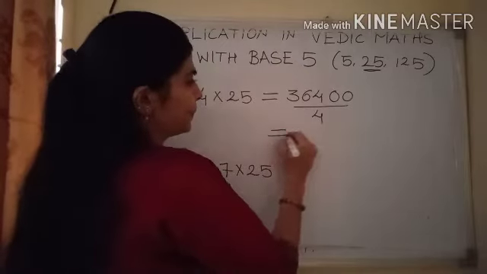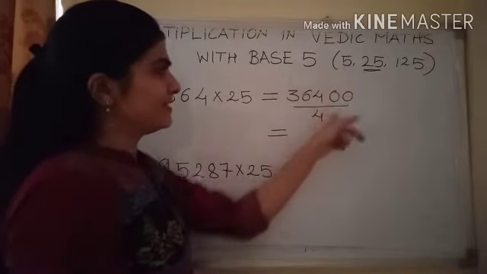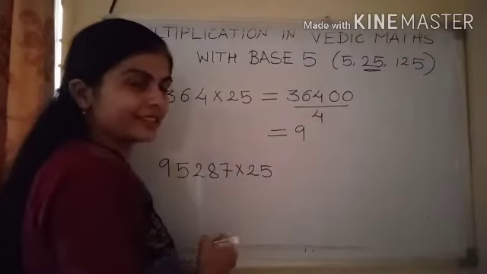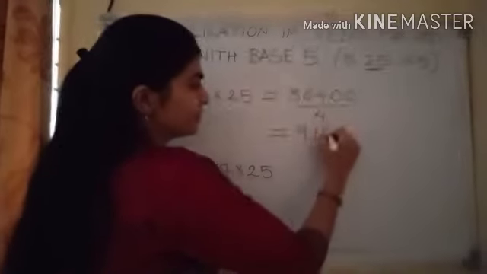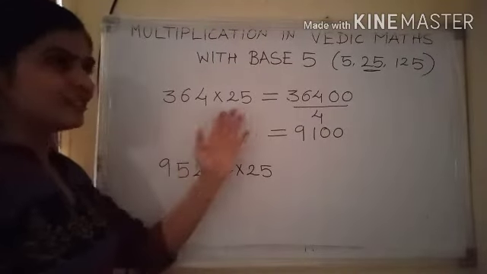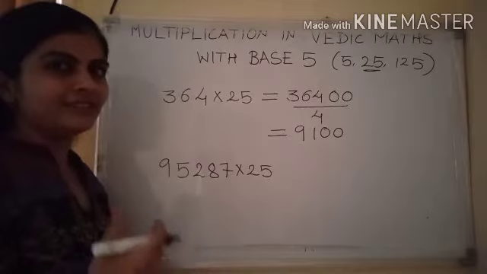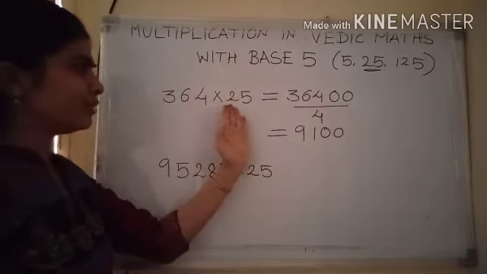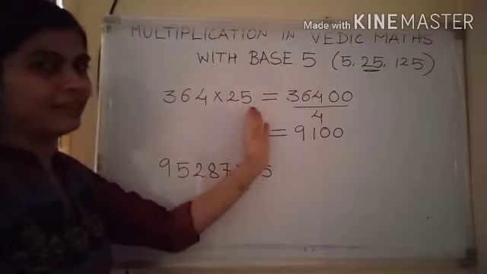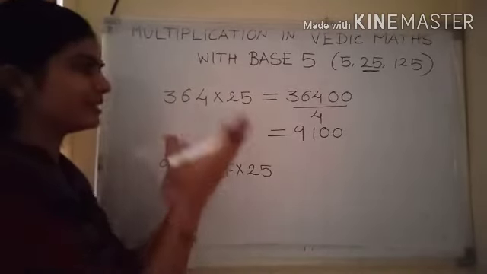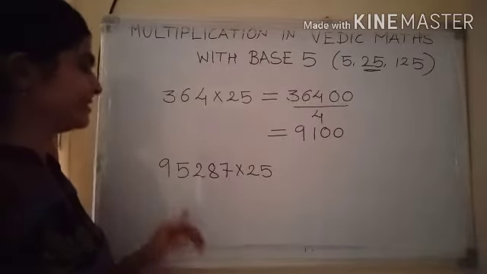Okay. Now divide this number by 4. 4 9s are 36. 4 1s are 4. Thus 2 0 as it is. Is it not simple? In traditional mathematics, what you will do, you will multiply it with 2, then multiply it with 5, and then do addition, right? Instead of that, this method is quite simpler and easier.